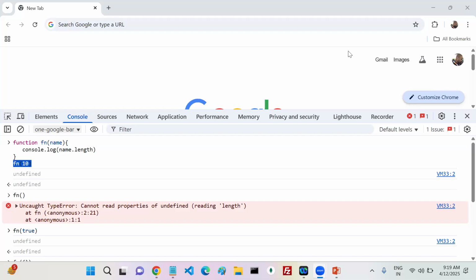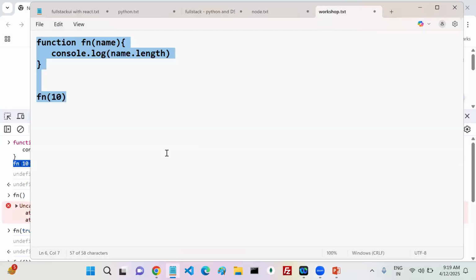Okay, this drawback only we can overcome using TypeScript. Other than that, nothing. By mentioning the type for the member, we are going to alert the developer: "Hey developer, I'm expecting a string, you are passing something else, please check." If you do not check, even if you run it, there is no use. That's the reason I'm going to stop here itself until you fix that issue. Runtime errors are not recommended. Before that only you have to fix those errors. So in JavaScript, no one is there to alert me, but in TypeScript we can.